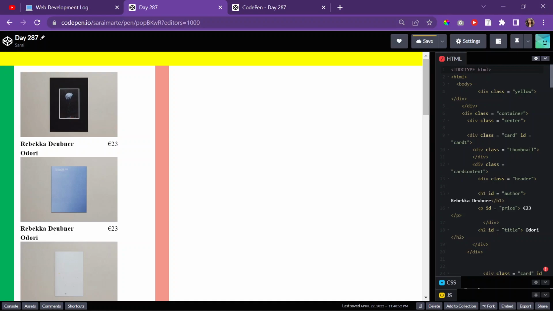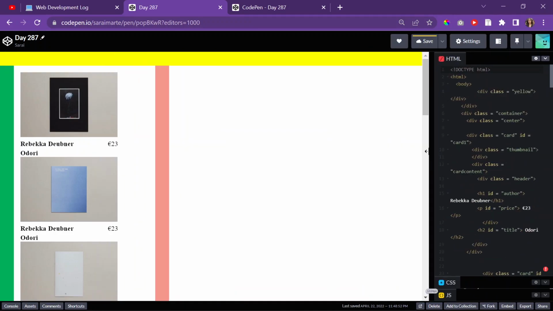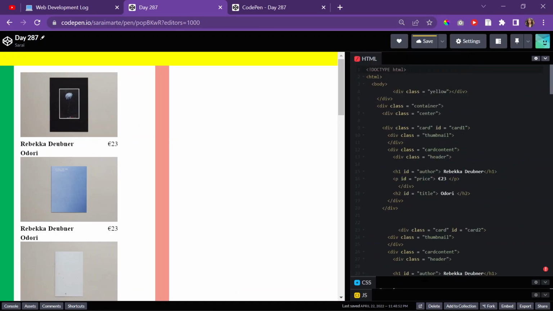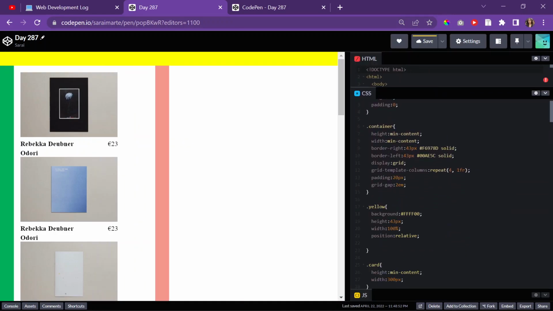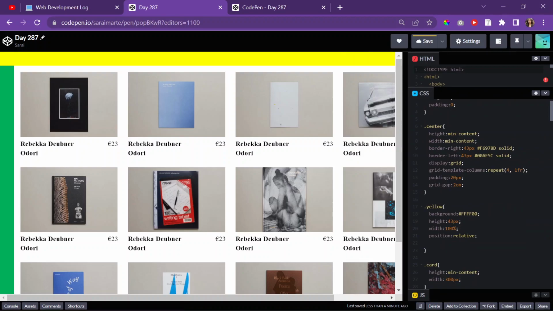It's gonna be center. What's up with this thing now? Container. We could do this center, right? And then the container